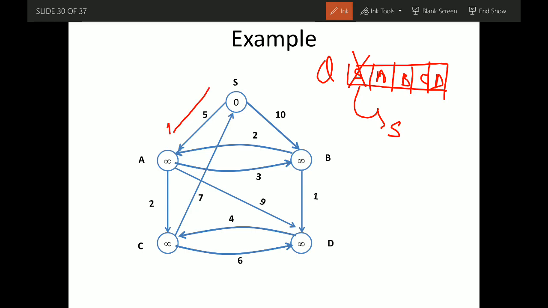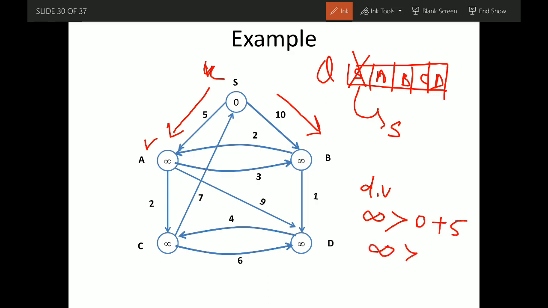There are two adjacent nodes of S, A and B. So we relax these two edges, and what the relax process does is, let's say this is U, this is V. d dot V is currently infinity. If it is greater than d dot U plus the edge weight, that is 0 plus 5, yes, infinity is greater than 5, so we update d dot V equal to 5.